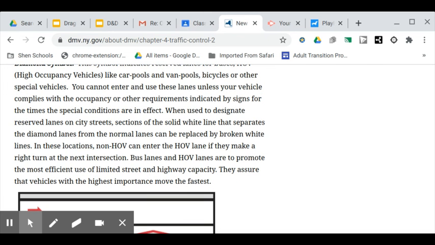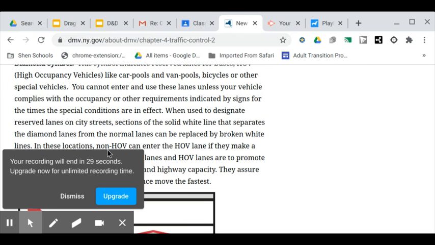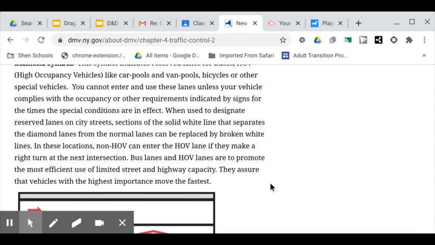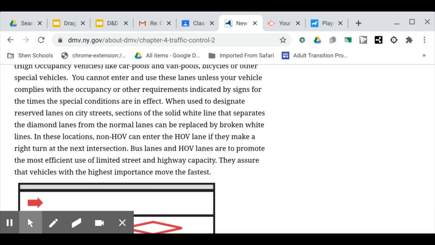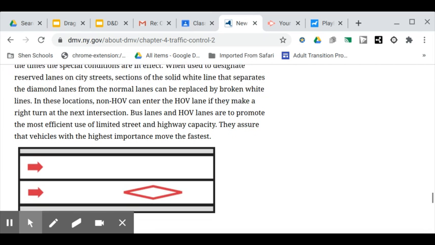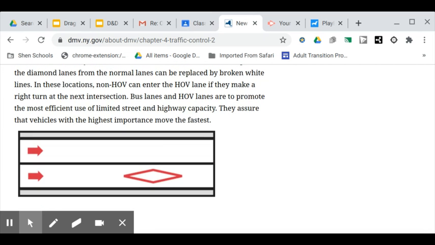When used to designate reserved lanes on city streets, sections of the solid white line that separates the diamond lanes from the normal lanes can be replaced by broken white lines. In these locations, non-HOV vehicles can enter the HOV lane if they are making a right turn at the next intersection. Bus lanes and HOV lanes are to promote the most efficient use of limited street and highway capacity. They assure that